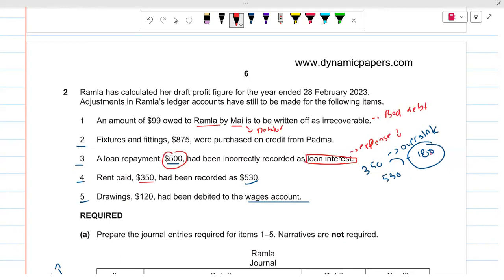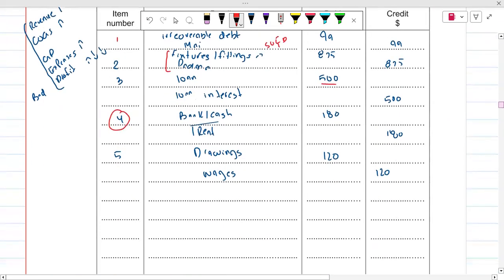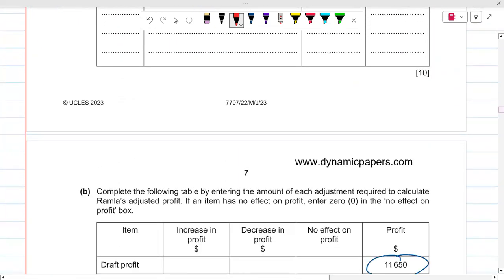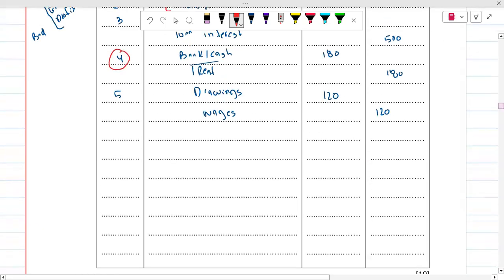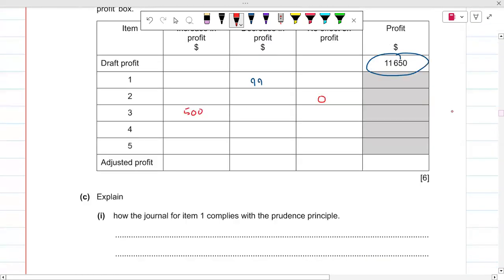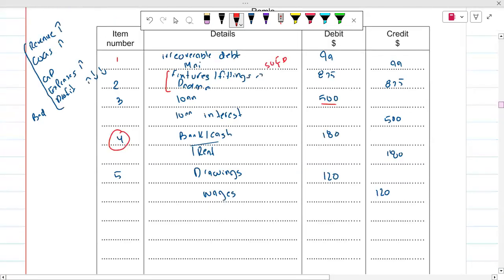So it means that we were causing a reduction in the profit. So now we are correcting this error. That's why, what is happening here, we are adding back 180 into the profit, because previously we deducted 180 from the profit mistakenly. So now it is increasing our profit. Okay, so after that,